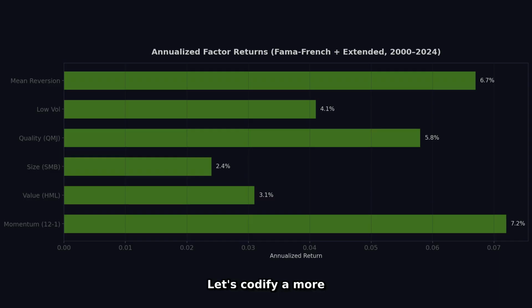Let's codify a more robust process using Python. The key ideas this code should capture. Use 3 segments: train, validation, test. Tune parameters only on train and validation. Touch the test set once at the very end. Build realistic slippage and fees into every order. From there, add techniques used by professional quants. Walk-forward analysis. Repeatedly refit on a rolling window and test on